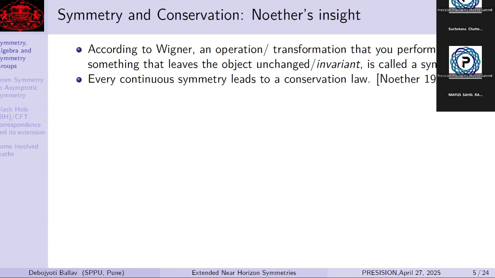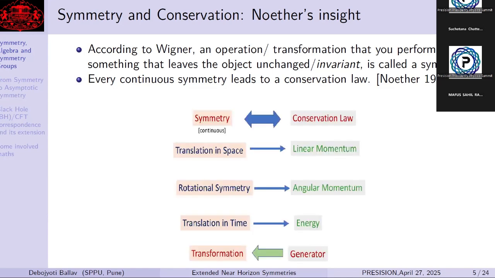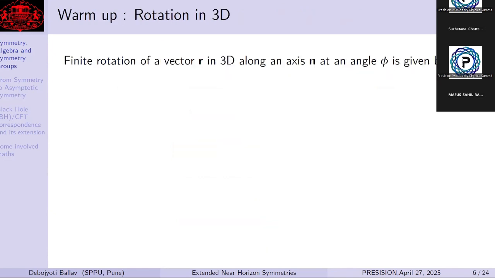And there are other classes of symmetries, like gauge symmetries, where the charges are conserved, and those kinds of things. And these symmetries are connected with the generators. So the conserved quantities we get come from generators, and from those generators we calculate some conserved charges. That's the whole idea. So as a warm up to orient towards symmetry, generators and groups, I will start with a very simple example of rotation, how a vector is rotated.